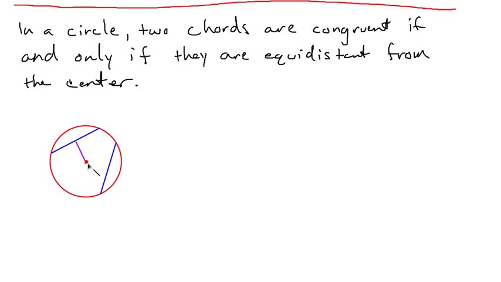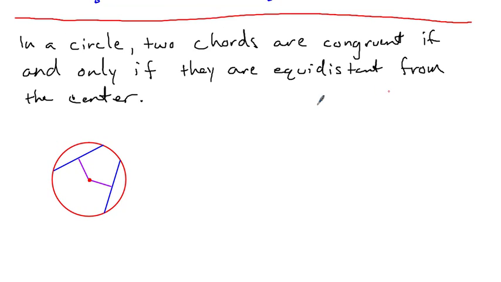So that is going to be perpendicular, and we want that distance to be perpendicular. And so if they're equidistant, that means these two purple line segments are the same length. So if that's true, and we see that,